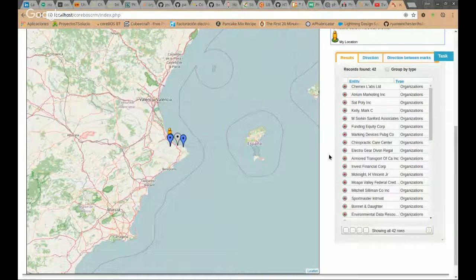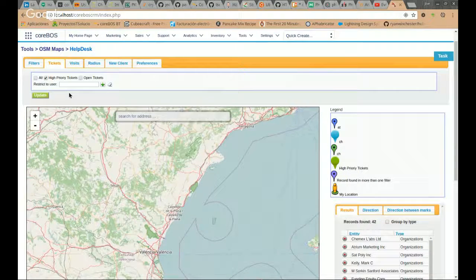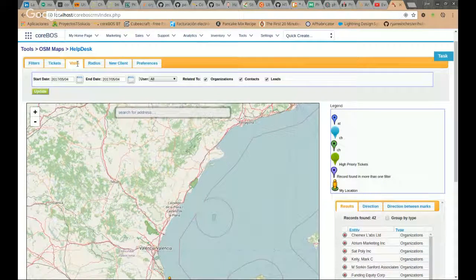Okay, so it's a special kind of functionality. It's not exactly looking for the records themselves, not the tickets themselves, but the companies and the open tickets that are there. Okay, it's a little bit more specific than just the filters. Okay. Visits is exactly the same. If we open this up,